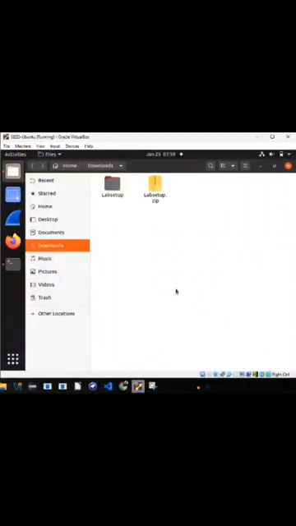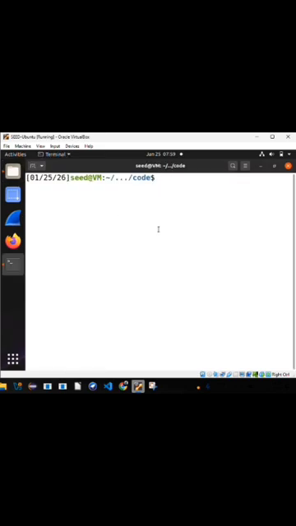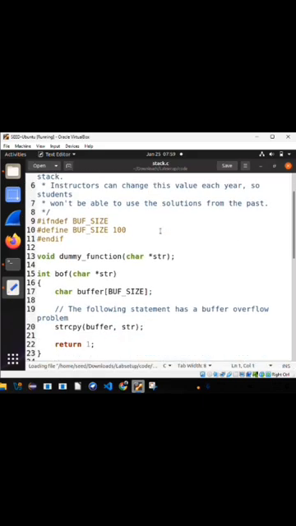Hi everyone, today we are diving into the buffer overflow attack using the Seed Labs environment. First, we need to download the zip file of the lab setup and extract it, so that we can observe two folders in the lab setup folder, that is code and shellcode. We need to open the code folder in the terminal and we can observe the stack.c program with a vulnerability of